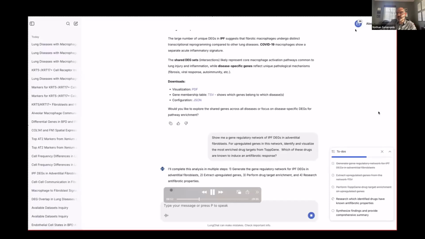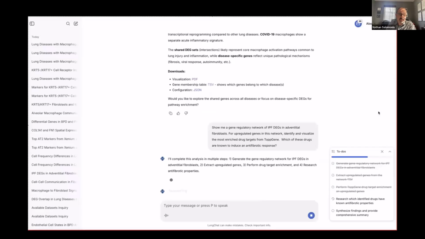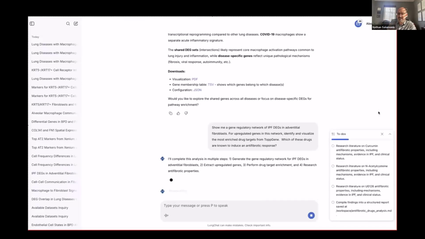And you'll see here up on the upper right here, it's generating a number of results. You can click on this button anytime and see exactly what files are being generated. Look through those results as they're being generated interactively. Look at the configuration files. If there's custom code that's being generated, you can look at that custom code and evaluate that. And you'll see right now, it's actually performing deeper literature searches on these different genes that it's identifying.